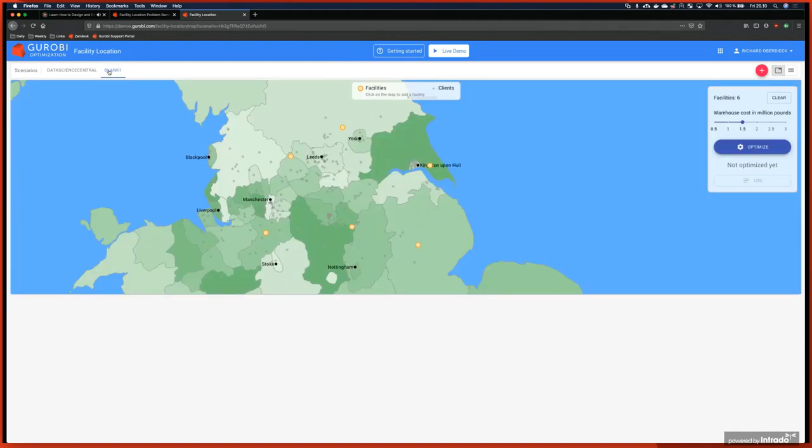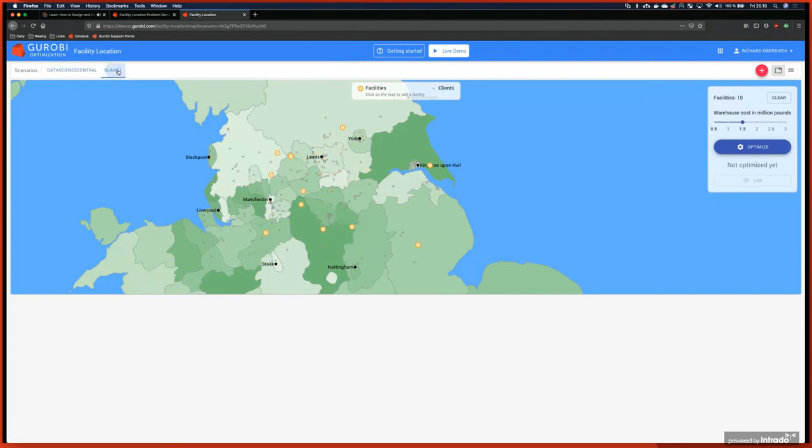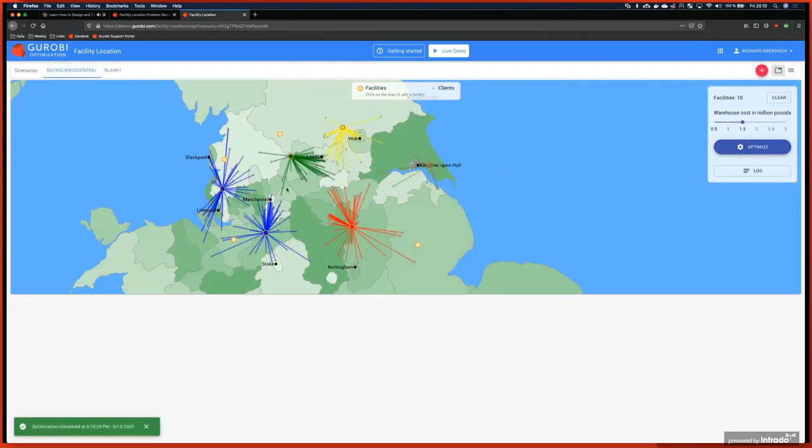scenario here. And so now we can go, okay, let's add some new facilities here, maybe some more around here, maybe one here, and change the costs and optimize again. And we can see we get a new solution, and we can even swap between these two. So now we have the solution here. Want to go back, want to optimize again, and now we have this set up again. So all of this is, again, the